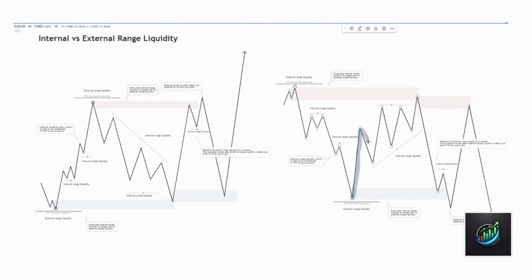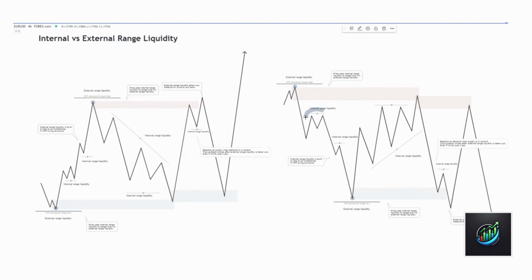We'd be looking at substructure being created, and then starting to see minor structure playing out. And then we see a break of the previous swing low or lower low, creating a new lower low. But in this case, we have a break of structure even by a pip. And then what we see is price moves to the upside. So as price is dropping down, again, say this is a 4-hour structural leg and we move down to the